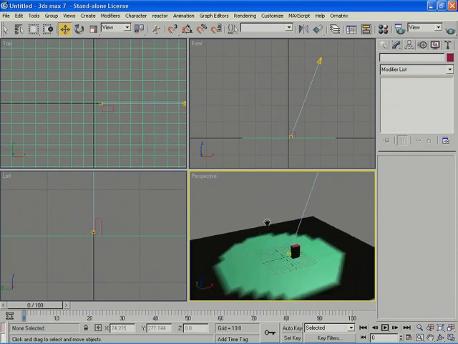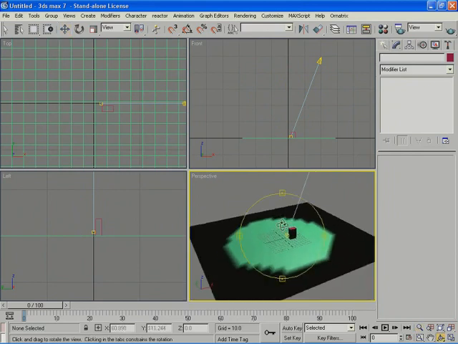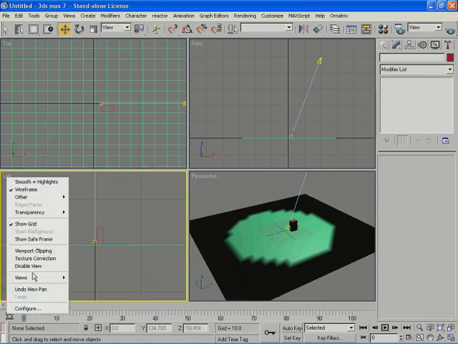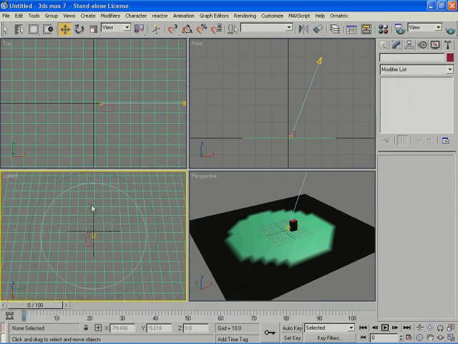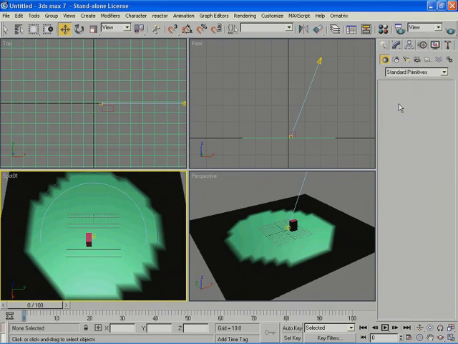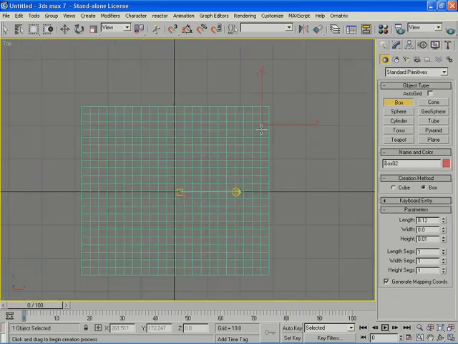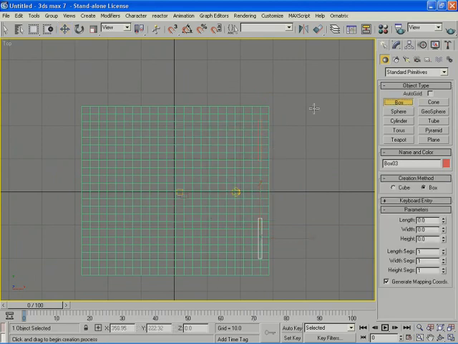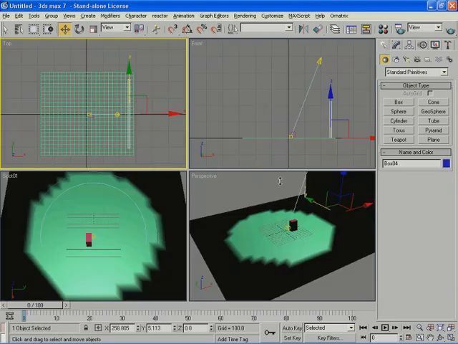Okay, now, if I wanted to see what the light is showing me, I would go, for example, to my left view, right-click, and choose Views and Spot 1. And if I press F3, I would see what the light is shining on. So, for example, if I had the light coming through a window, and I wanted to see if the light is actually coming through the window and which objects it's showing me,